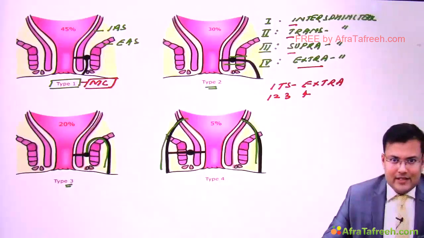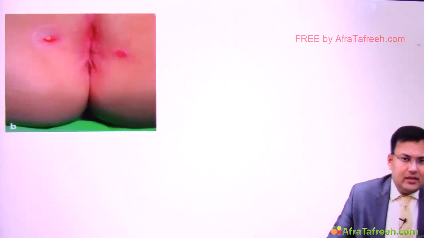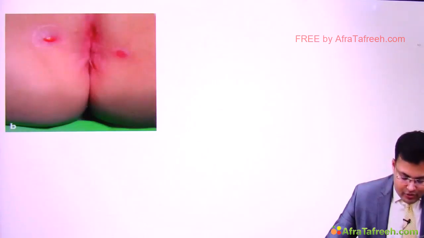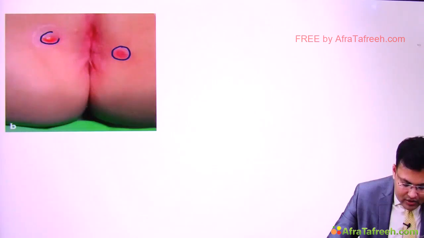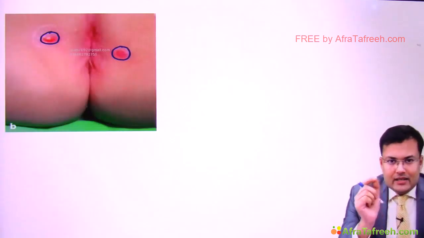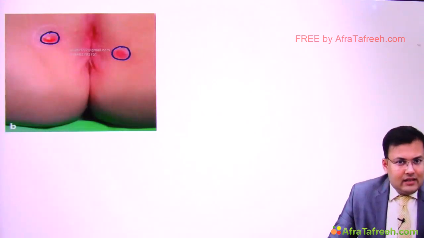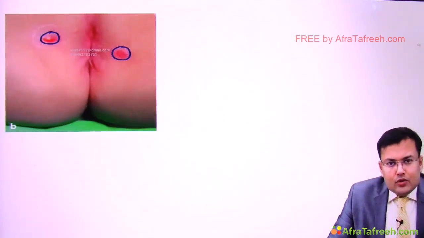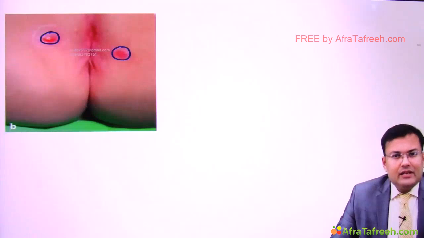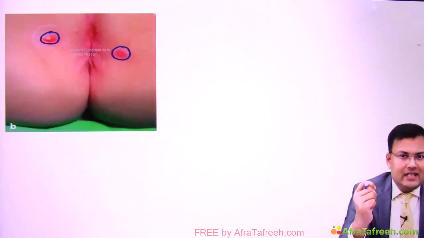Now see the presentation. Generally fistula in ano is more common in males and usually it is seen in the 3rd to 5th decade. What is the presentation? These patients come to you and tell you, sir, I'm having an external opening in the perianal region. What else will they tell you? That, sir, there is periodic seropurulent discharge. Means every 2 to 3 weeks sometimes there is serous or seropurulent discharge.